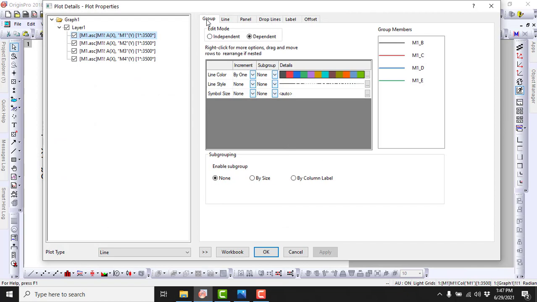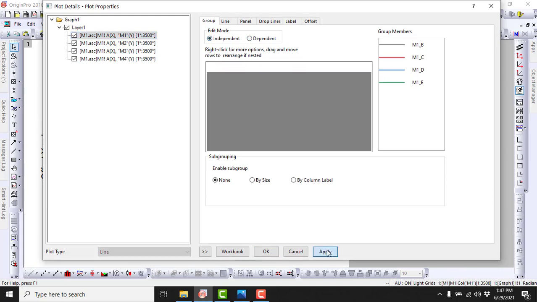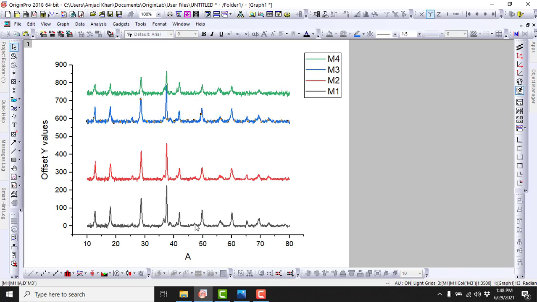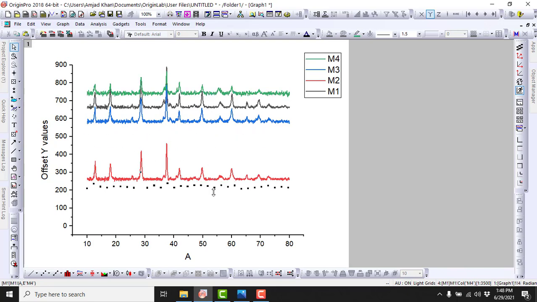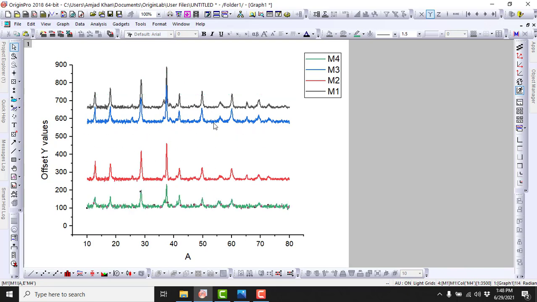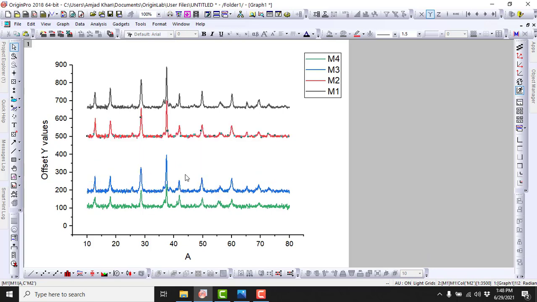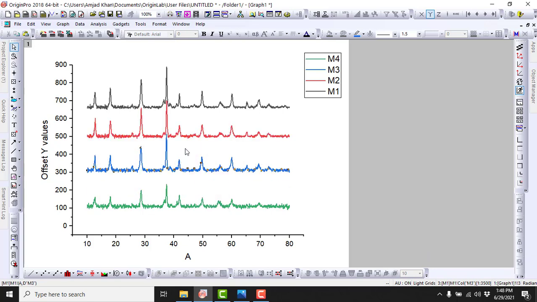Here you can see in the group menu, these graphs are dependent. We need to make them independent. Apply and press OK. Now if I click and drag a graph, it is moving. I can move my black graph to the top of this window and green to the bottom. I can move my blue graph here, and the red graph above it.